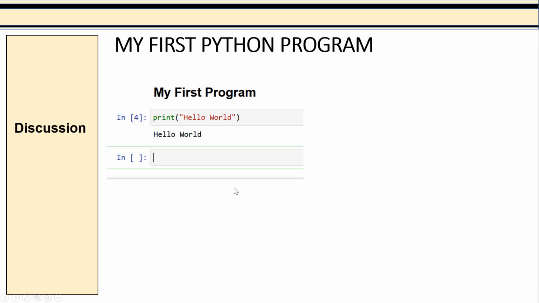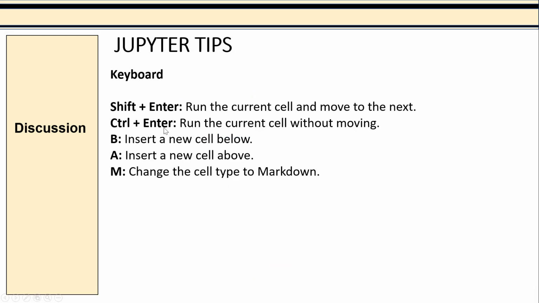From here, there are keyboard shortcuts that are very useful in using Jupyter. Number one is Shift+Enter to run the current cell and move to the next, as you can see earlier.